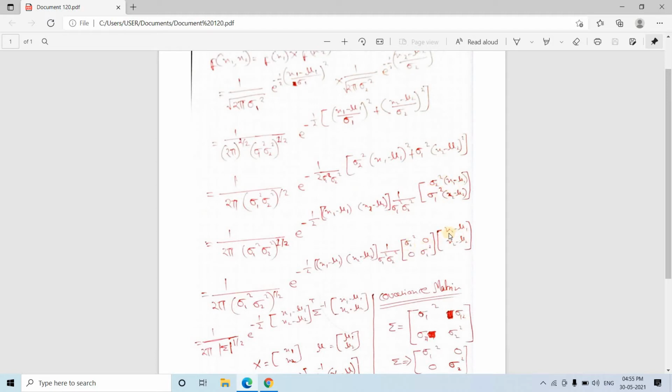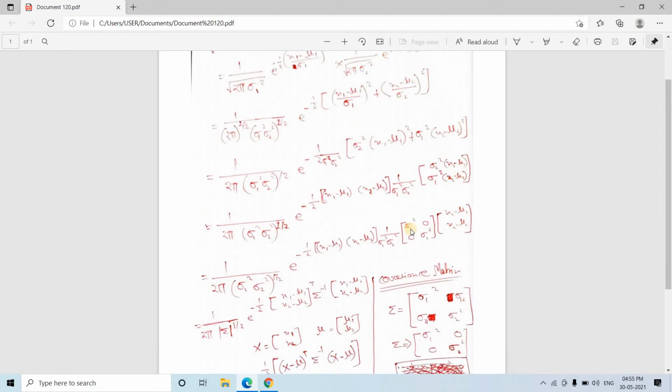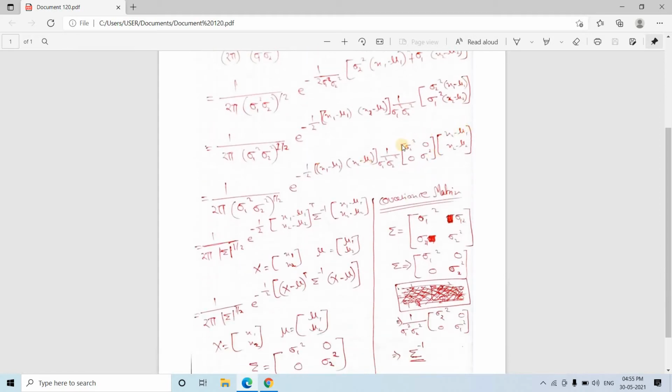See, sigma 2 square multiplied by x1 minus mu1, which is the first term. The next term will be sigma 1 square multiplied by x2 minus mu2, that is the second term. As simple as that. Okay, now see, why am I splitting the simple equation into this kind of matrix notation? Try to understand. If you recall, the covariance matrix, which I already covered in the videos of our data science and machine learning using MATLAB, while discussing the initial stage of this playlist, I discussed the covariance matrix and its intuition.